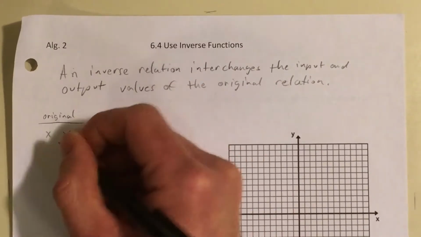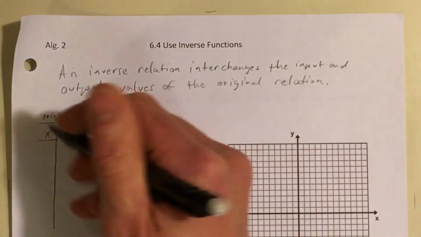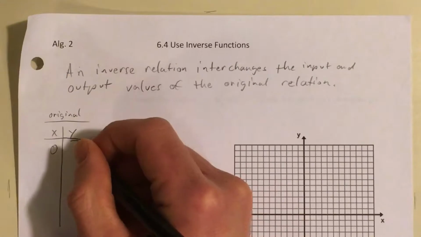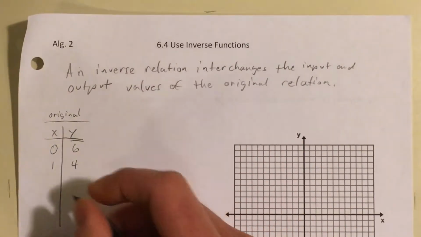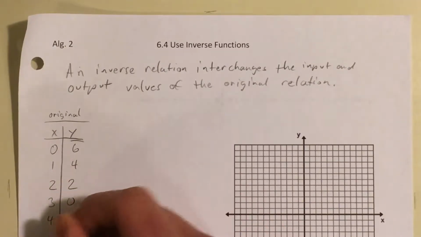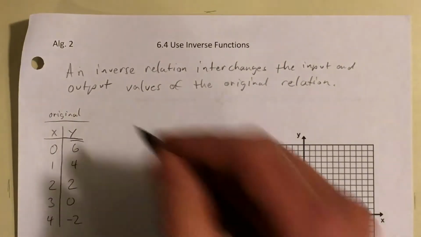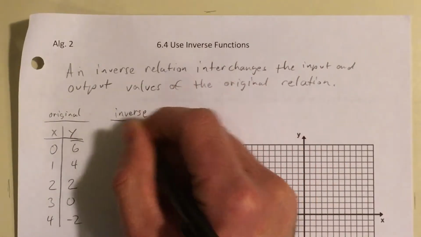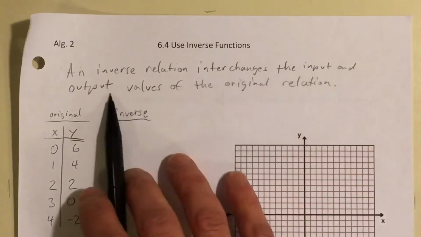and I give you a table of values, and I say that in the original table of values, your input of 0 gets you an output of 6. Input of 1 gets an output of 4. 2 to 2, 3 to 0, 4 to -2. Okay, now if that's the original, the inverse table